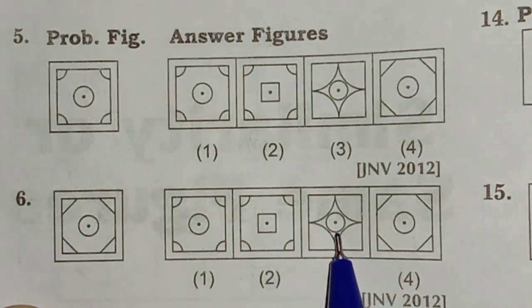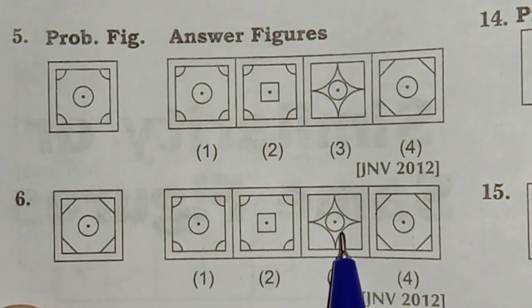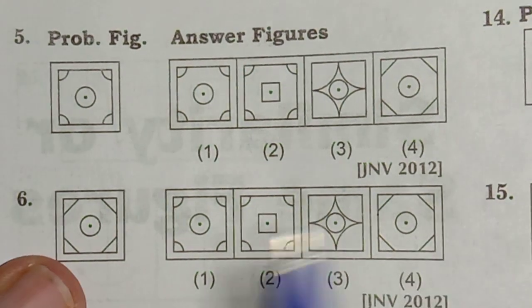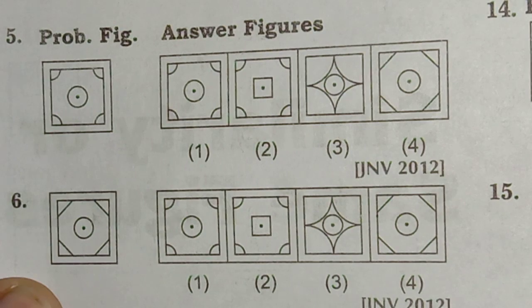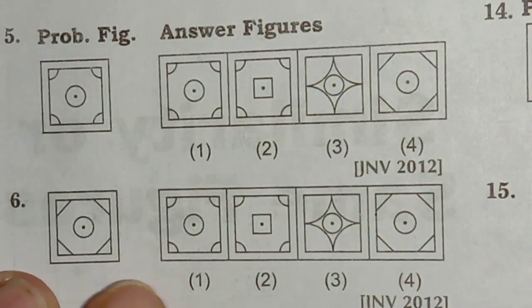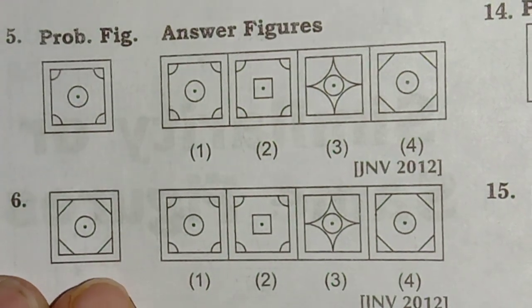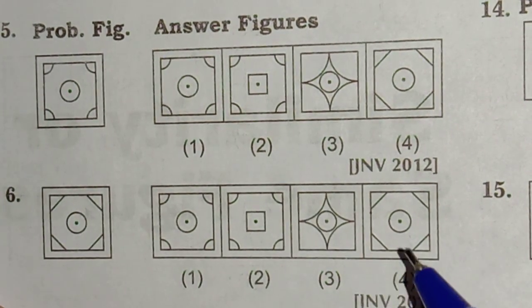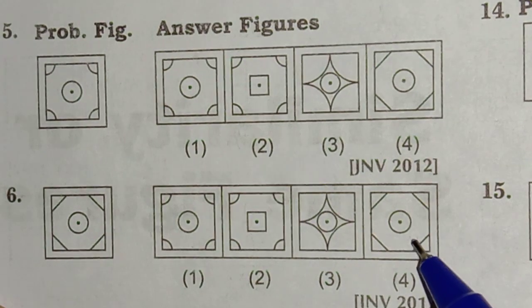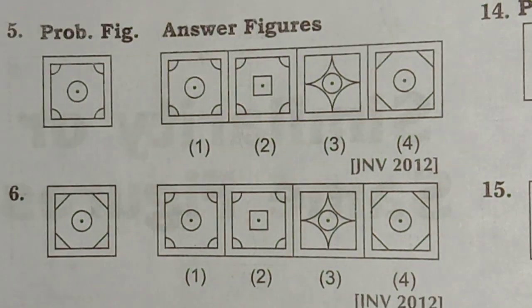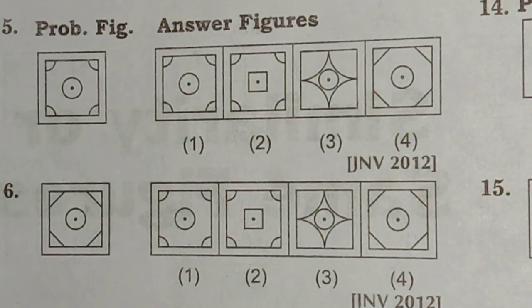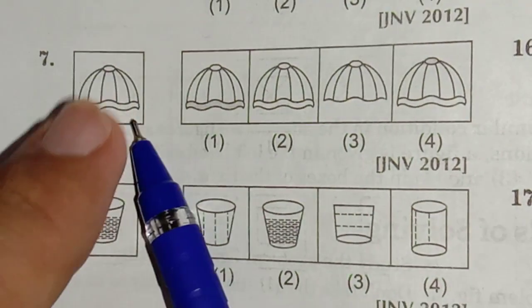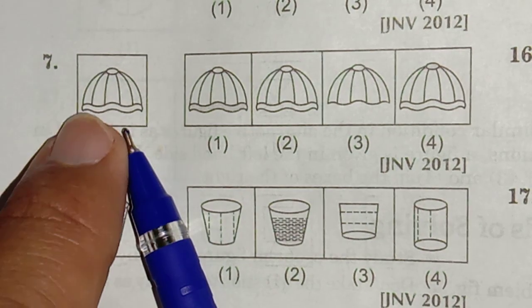Here first and second and third, all three are looking completely different. So fourth one, that's why I told you before only, we should not judge by just observing the figures. We should observe keenly here, okay students, then only we will get a right answer. Sir, this is the right answer. Fourth one is the right answer. Okay, students, let's go to question number 7th. See question number 7th, which is a similar figure to this one.